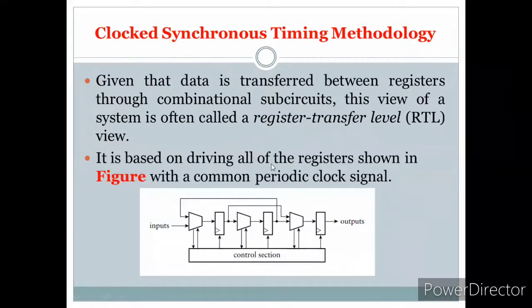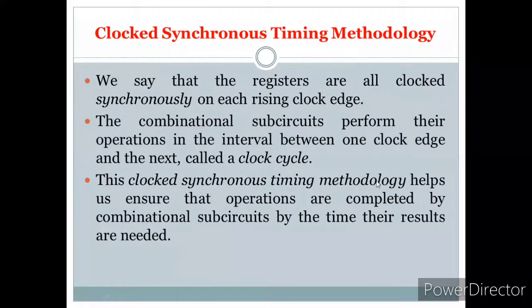It is based on driving all the registers shown in this particular figure with a common periodic clock. If you observe here, all the registers are connected to the common clock. When it is a common clock, we call it a synchronous signal, so the registers are all connected synchronously. As I said, with a common clock, it is a synchronous circuit. If the output of one flip-flop is connected to the clock input of the next flip-flop, then it is asynchronous. The combinational subcircuits perform their operation in the interval between one clock edge and the next.